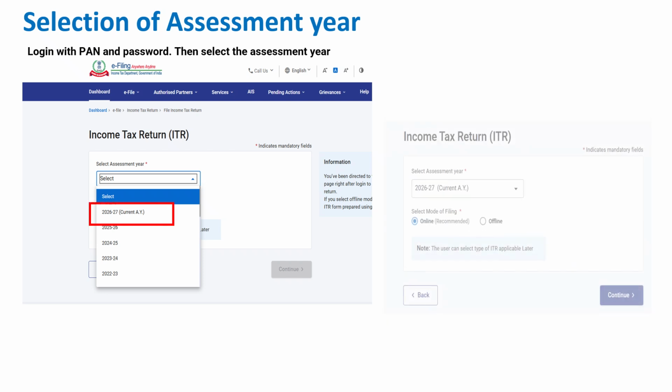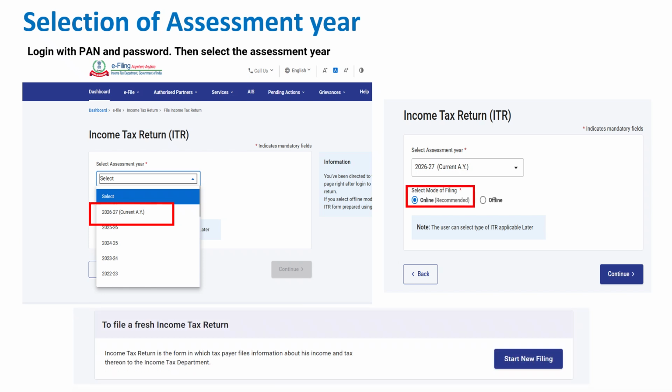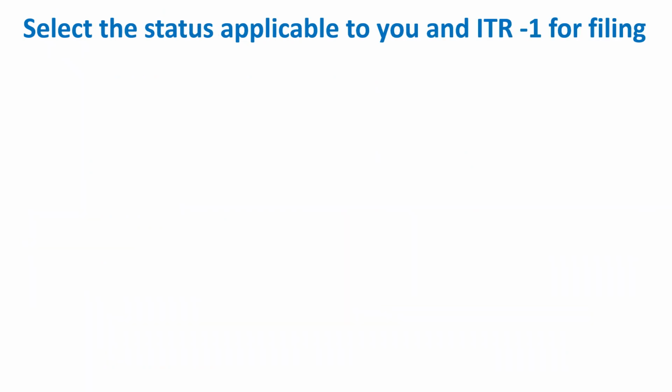Now, when you select this, it will ask you, are you going to file the return online or offline? You need to select online because you are going to fill in all the data on the site. And once you click that, you will find one page where it will ask you to start a new filing. If you have done any past filing and it is still not saved, it will show you in draft stage. But as we are doing it for the first time, it will ask you to start a new filing.